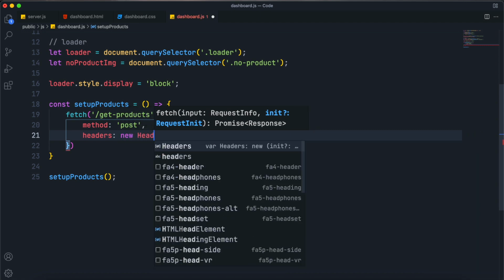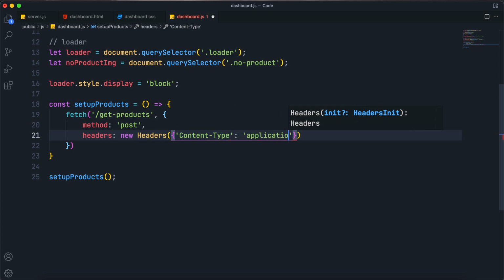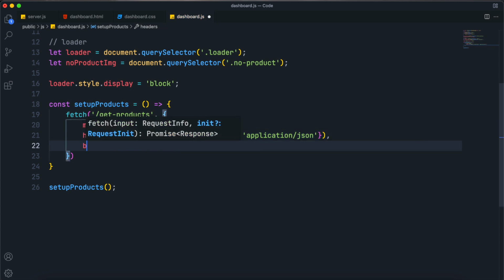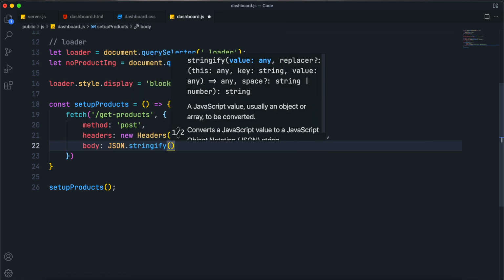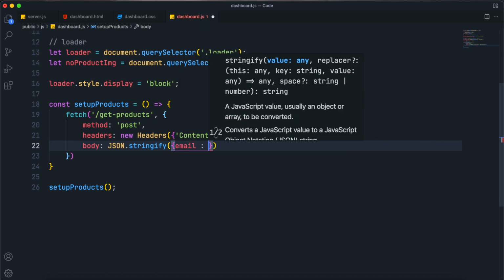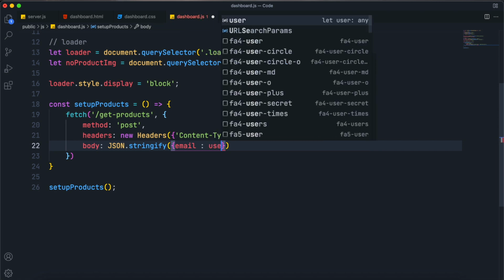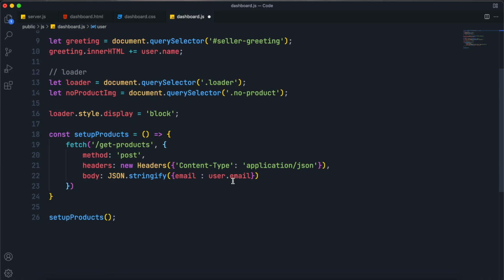Set its headers to new Headers, content type application/JSON, because it's a simple JSON text, and in body send JSON.stringify, and inside it pass email, which is our user.email, and we have declared the user at the top so we can access it,